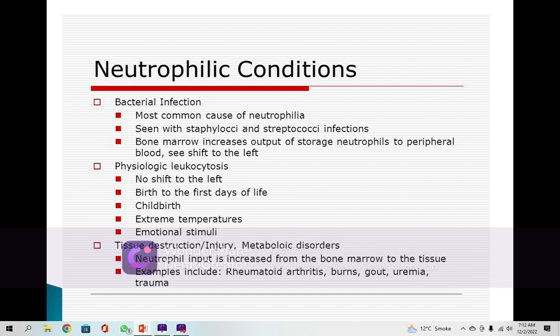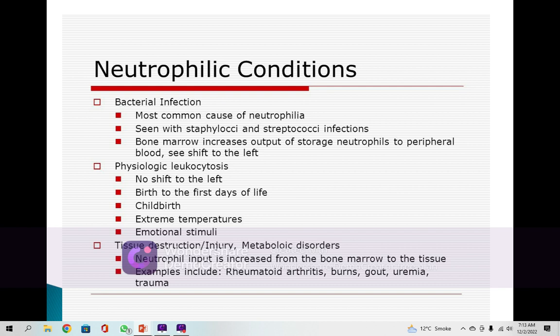So it is commonly increased in bacterial infections, all bacterial infections. The most common cause of neutrophilia is seen with staphylococcus and streptococcus, which cause the very highest counts. Remember the terminologies which I am using: transient bacteremia, bacteremia, then septicemia, then pyemia, and so on. These indicate the severity of the disease, depending on how much bacterial count there is. It is directly proportional to the count and the activity of the bacterial infection.